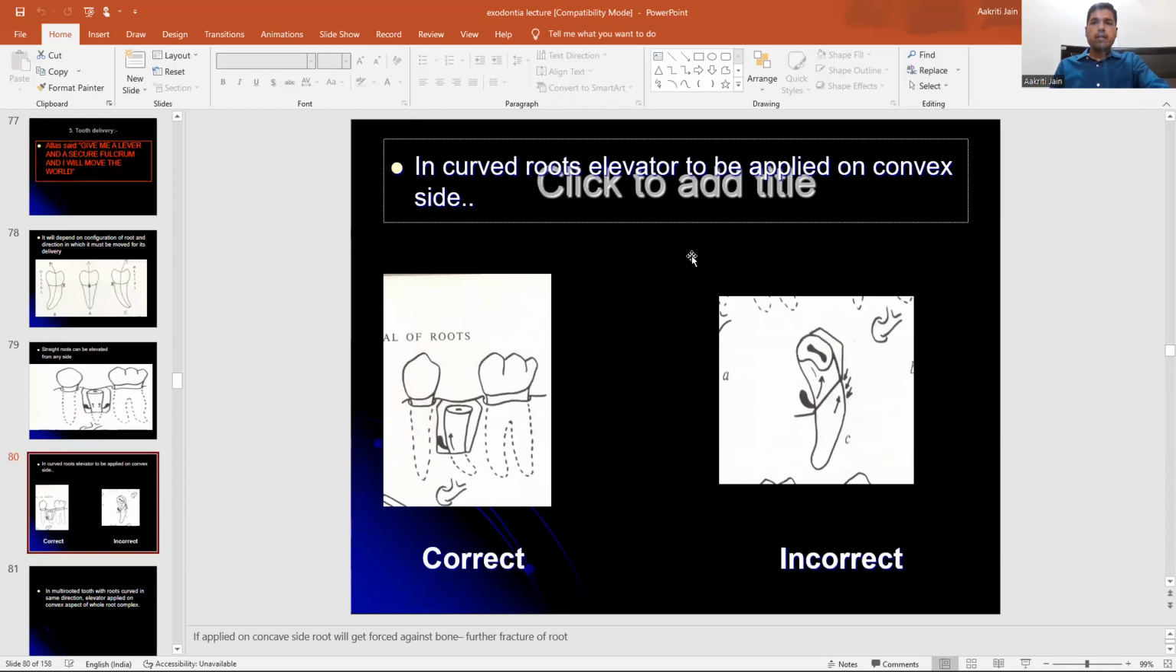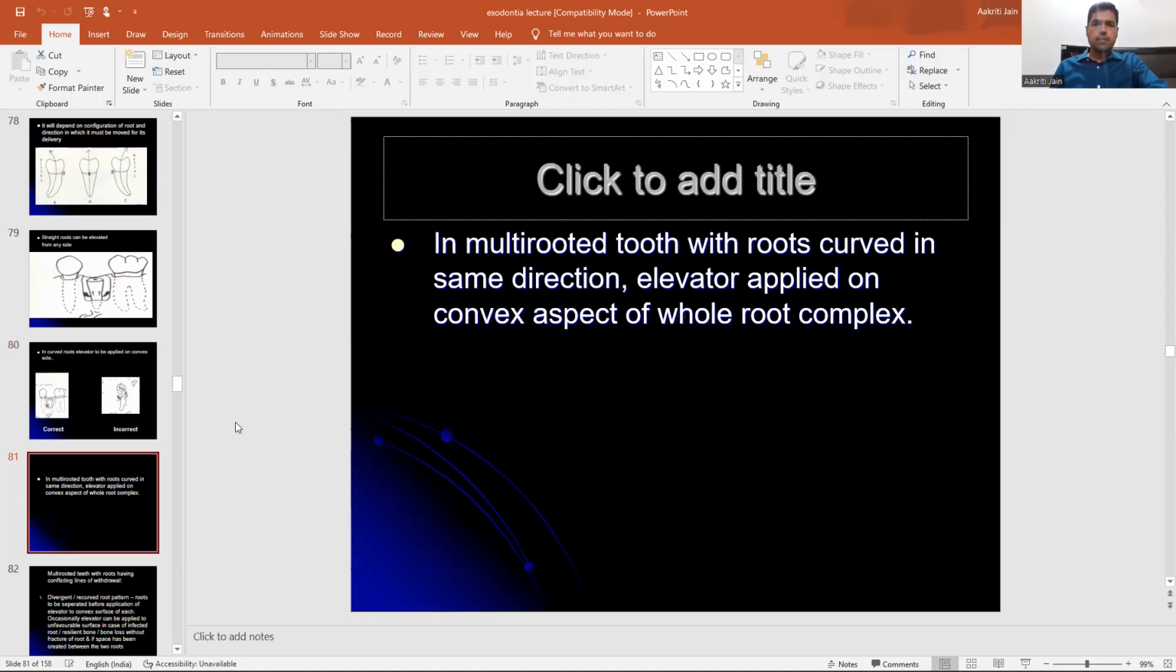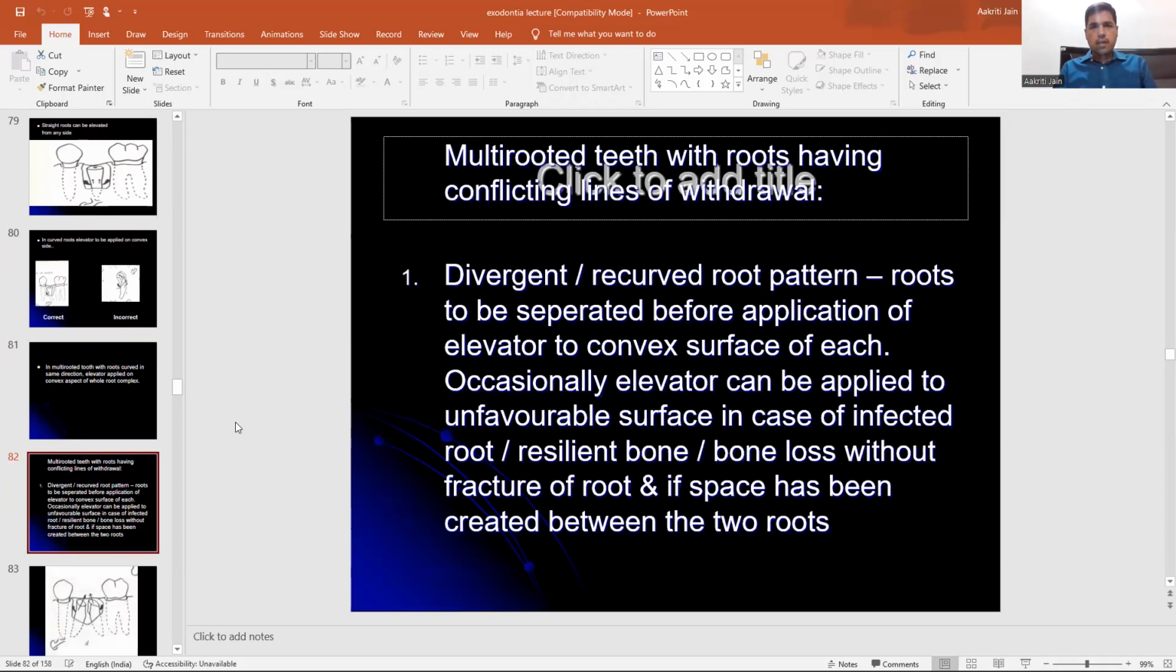In a curved root, the elevator is to be applied on the convex surface. So this is the convex surface. Here you are going to apply the elevator and move it; this will be the path of eruption. In multi-rooted teeth, or a tooth with roots curved in the same direction, the elevator is applied on the convex aspect of the whole tooth complex. Multi-rooted teeth with roots having configured lines of withdrawal: